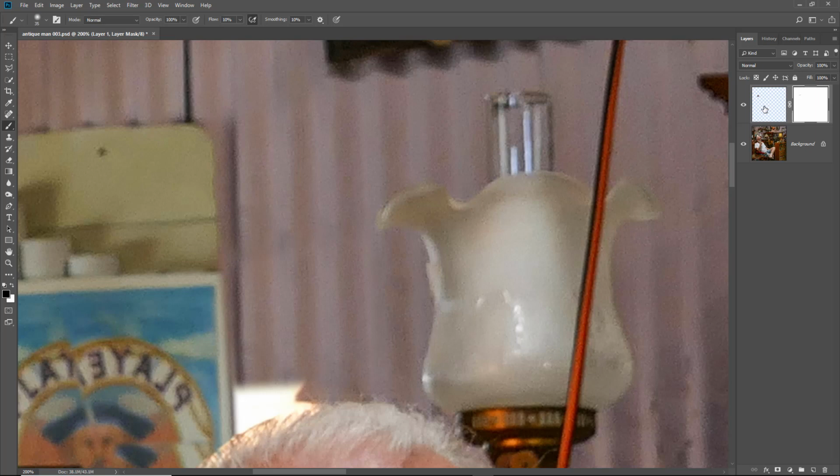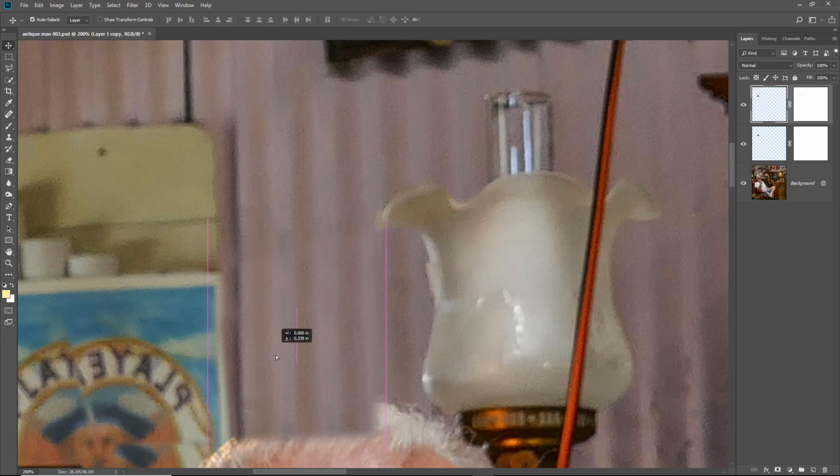So what I often do under those circumstances is I make a copy of this patch and extend it. Now I suppose we could do that just by using the free transform tool, but let me demonstrate this technique because I've had to use this a number of times. I'm going to drag this down over the copy icon at the bottom right, and now I've got two patches, and if I pick up my move tool I can bring this one down well over the hair,